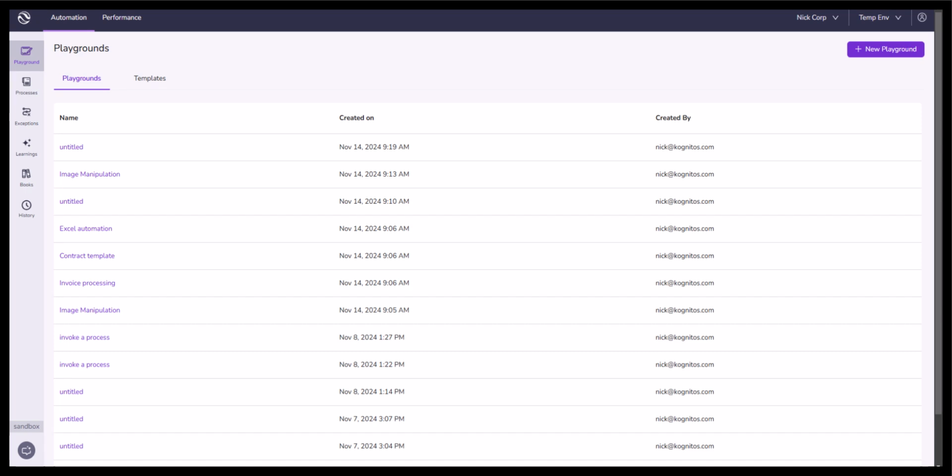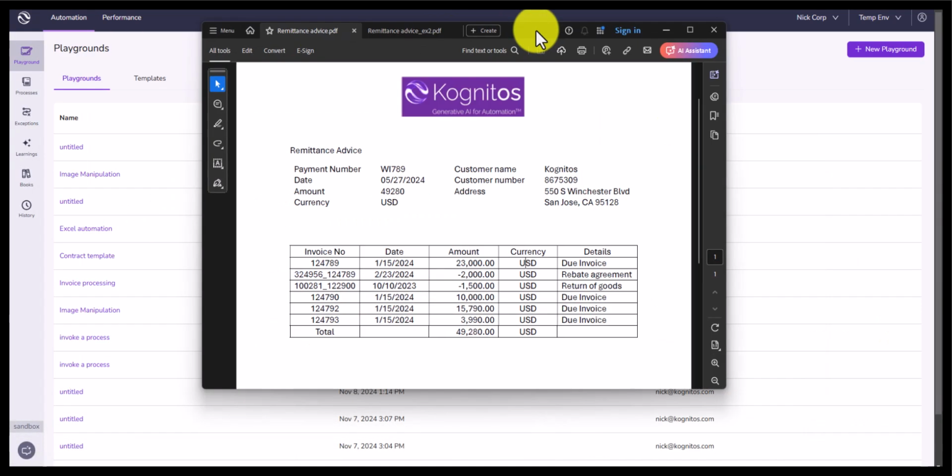Today I'm going to show you how you can use Kognitos to extract structured information from a document like this one right here, this remittance advice that we have. In this exercise, I'm going to show you how we get the payment number, the customer number and the date, and then we'll also get the table down here, and we'll show you how you can easily get that